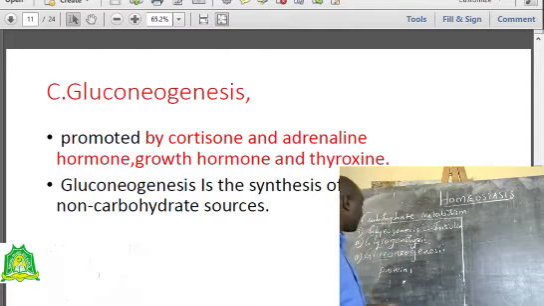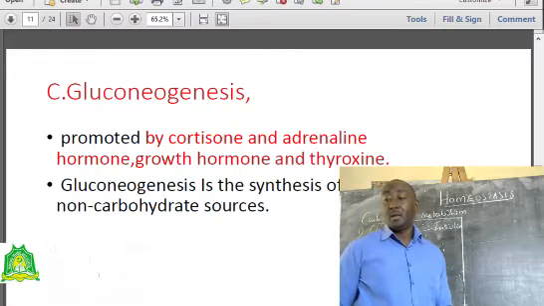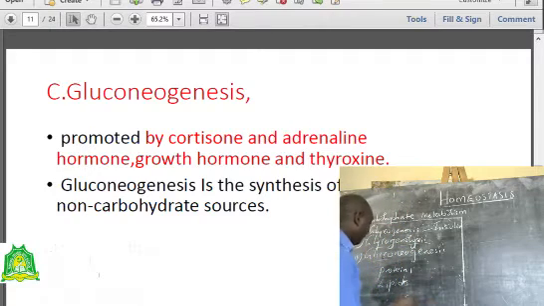So, for example, the non-carbohydrate products from which glucose will be formed, one of them is protein and lipids. These are the major ones. Briefly, how does this give us the glucose? Now, for example, if you look at the